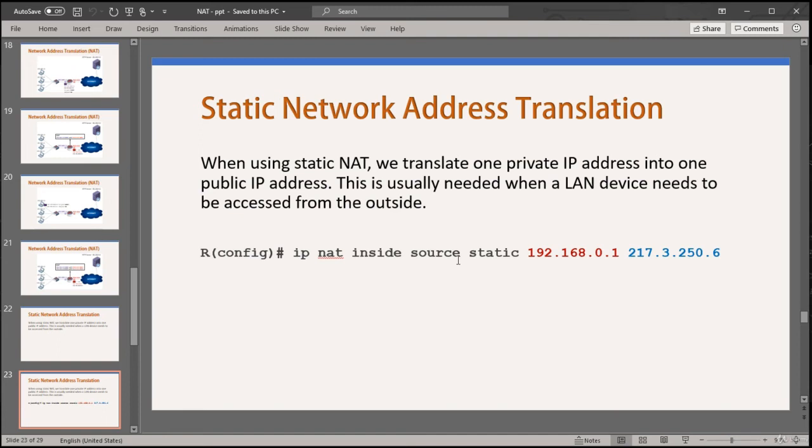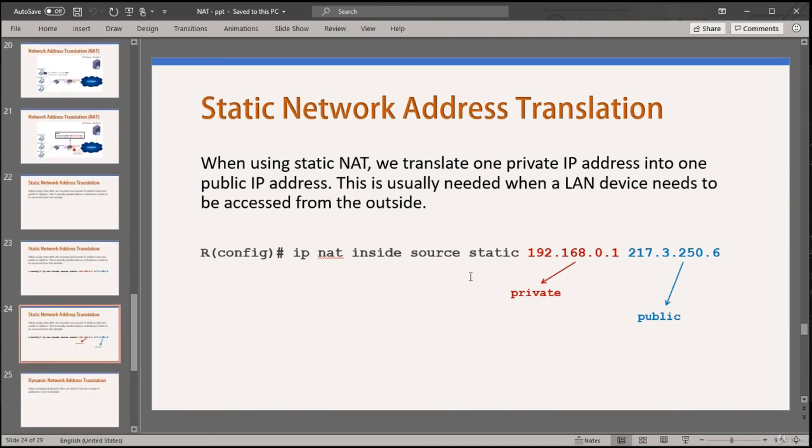and you'll see later that a part of NAT configuration is also designating an inside and an outside interface, so that the interfaces which receive and send the packets on the router actually know that they're supposed to do NAT, so that once they receive a packet and they see a source or destination IP address, they actually have to do something extra. They have to look into this NAT translation table. The first IP is the private inside IP, and the second one is the public one that the private IP